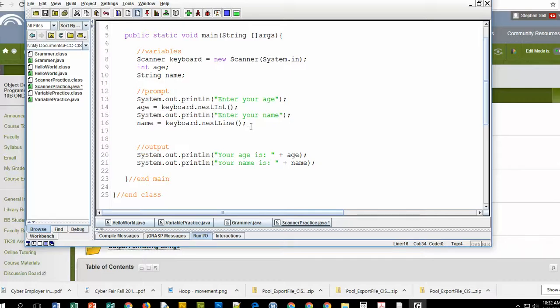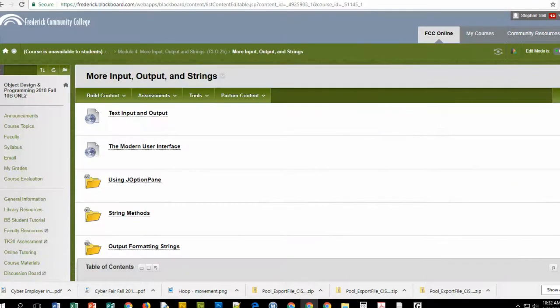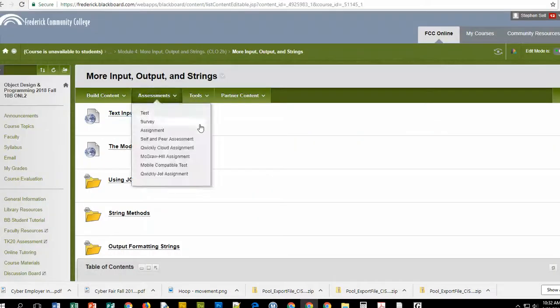You can ask for the string first, which is not always something you can do, or you can just throw away that extra enter keystroke. You can just kind of throw it away into nothing. Now you'll see back in the class, as you go through